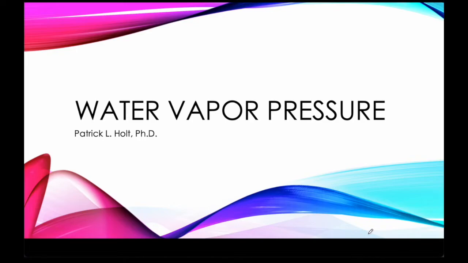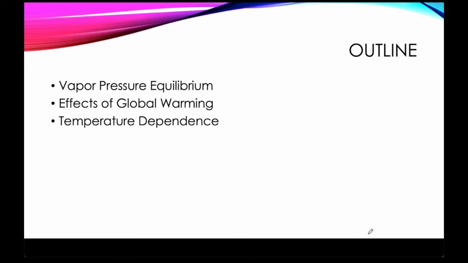We're going to use a conservative estimate of a 2-degree temperature rise by the end of the century due to global warming. We know that that's an estimate and it is conservative. It could be more than that if we don't do something to halt or at least slow the pumping of greenhouse gases into the atmosphere. So we'll calculate how much the water vapor pressure increases when we increase the temperature.